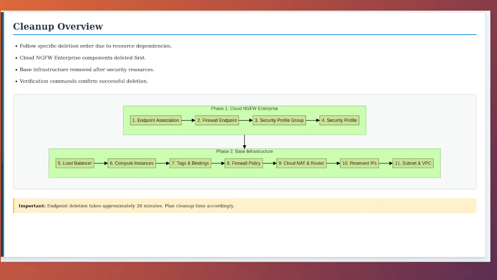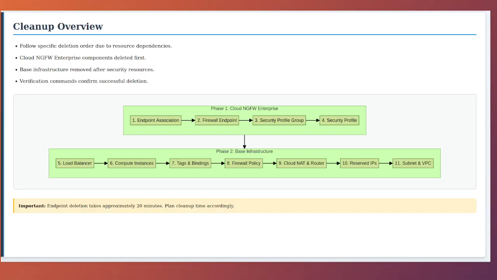Looking at the cleanup sequence diagram, we start by deleting the Cloud Next Generation Firewall Enterprise components first. The endpoint association must be removed before the endpoint itself. After the endpoint is deleted, we remove the security profile group and then the security profile. Once the Cloud Next Generation Firewall Enterprise resources are gone, we proceed to the base